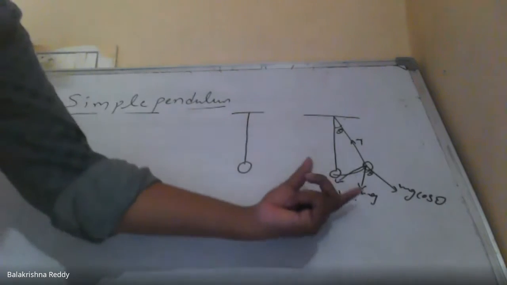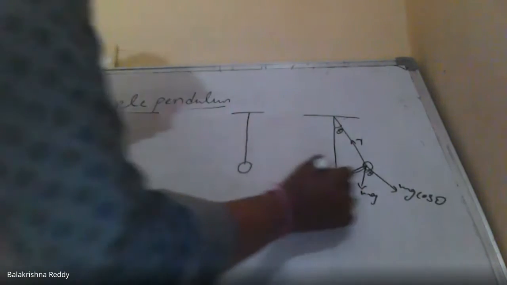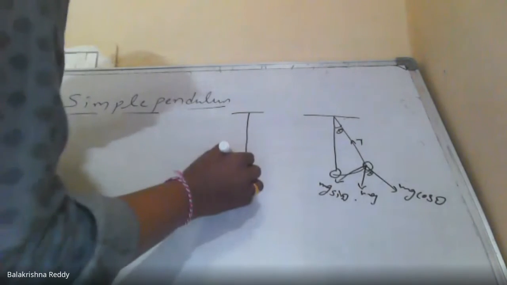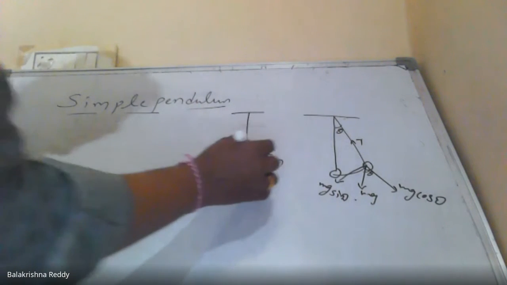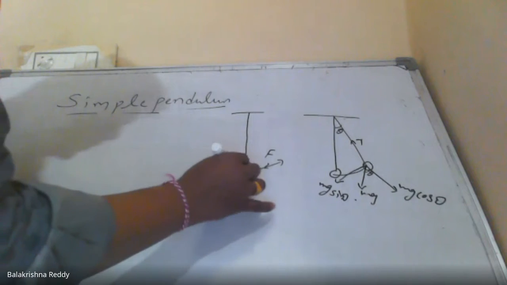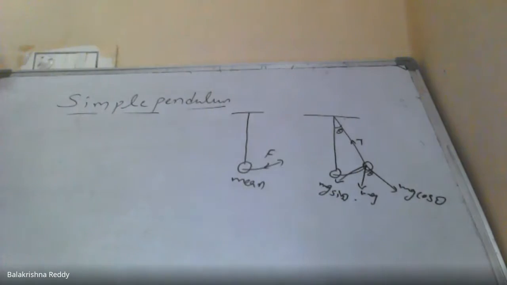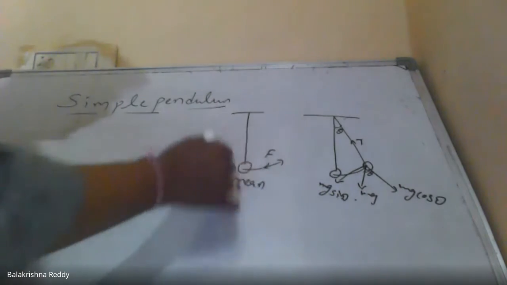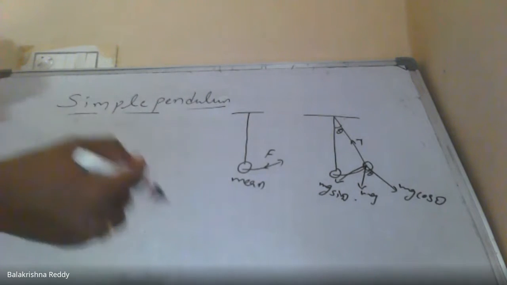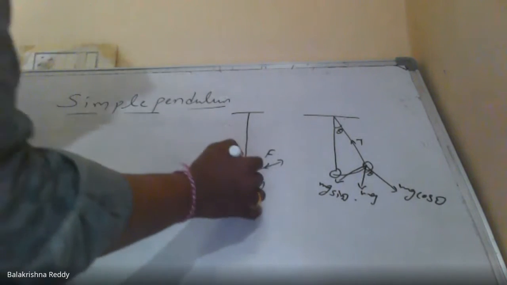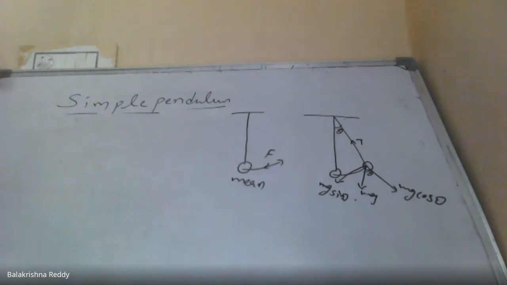It obeys the simple harmonic motion conditions. When I have applied a force by pulling in this direction, then automatically the object tries to move back towards its mean position. It trying to move back to its mean position means that the object is always accelerating towards the mean position. This is a basic condition for simple harmonic motion. Displacement is in the opposite direction, but acceleration acts towards its center or equilibrium position.